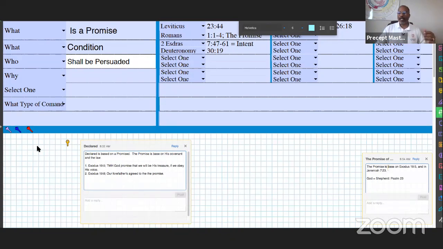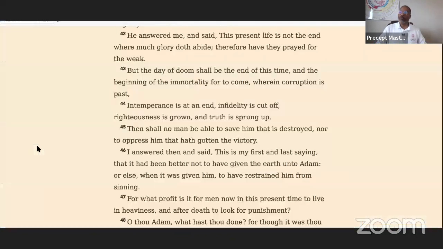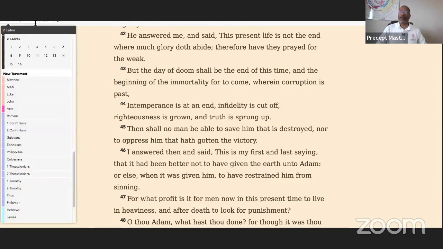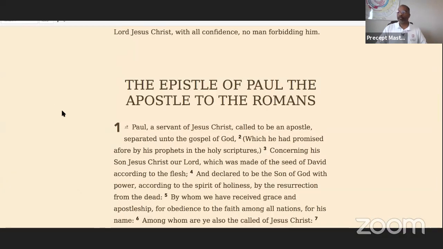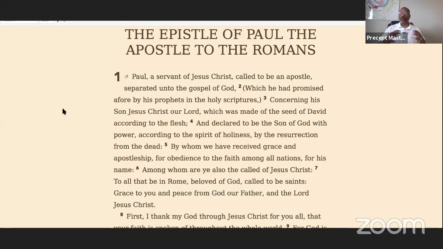So when we look at the scriptures, let's go here and look at this some more. Let's go back and we're going to see some more here. So let's get some of this clear. And we're going to go through Romans, and then we're going to come back and look at some things. So we want to understand what Paul is saying. Listen, Paul, a servant of Yahweh Shai the Messiah, called to be an apostle, separated to the gospel of Yahweh, which he had promised afore by his prophets in the Holy Scriptures. So this is concrete on paper.